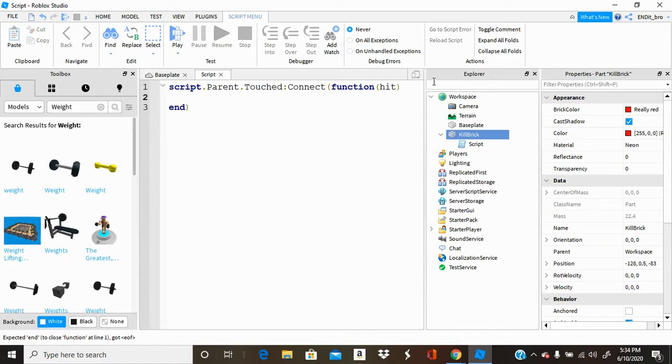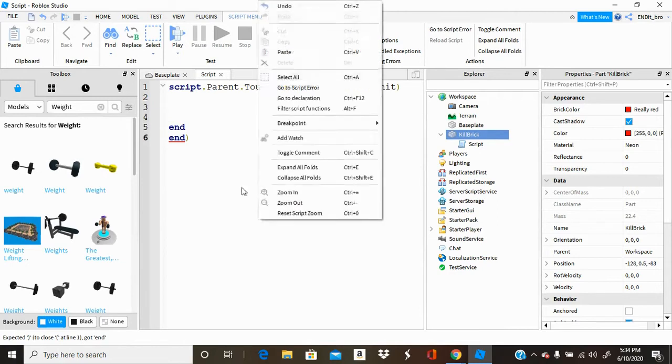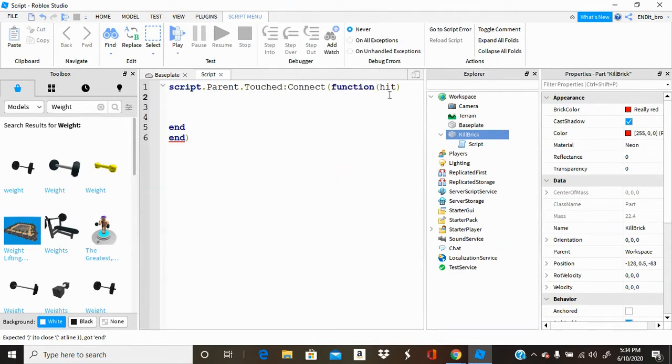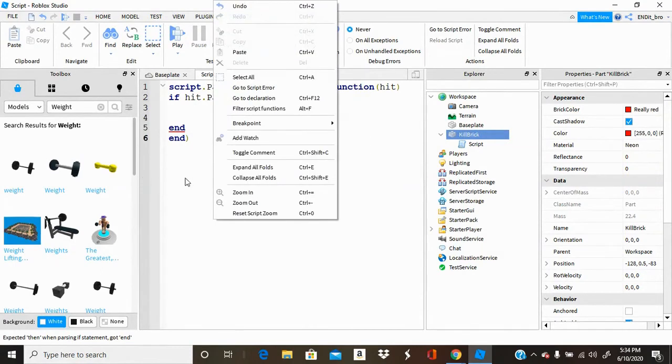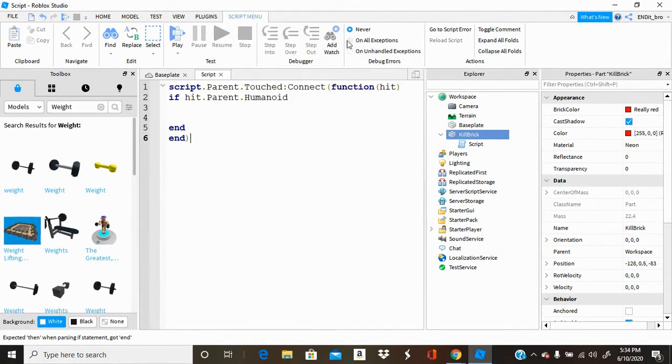So now we've done that, we're going to go down, and Roblox Studio will automatically put an end in for you. So we're going to go down a little more, and we're going to put in the word end without a close bracket. So now we're going to do if hit.Parent, that's technically whatever's touching it. So if whatever is touching it is a humanoid and not a bot, a humanoid is a character. If it's a character,